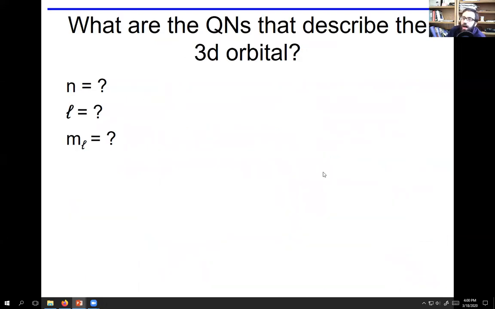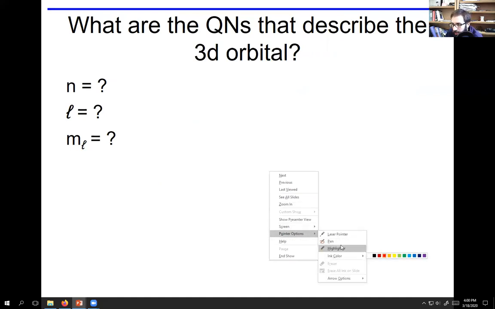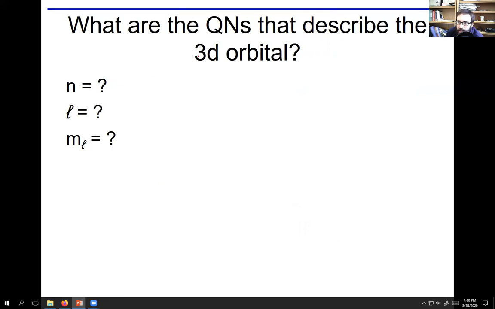Okay? What are the quantum numbers that describe the 3d orbital? Let's go through this. So 3d, that 3 tells us n. So n is equal to 3, okay? If we made a chart here of your letter nomenclature for the quantum numbers for the orbitals. Remember,